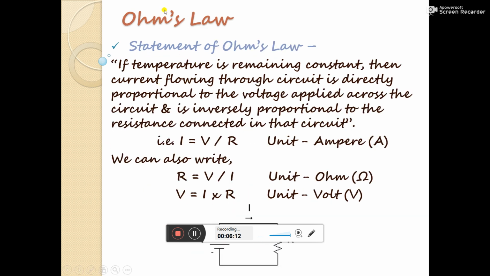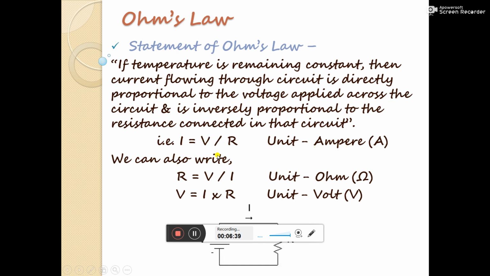Next, we have Ohm's law. The statement of Ohm's law is, if the temperature is remaining constant, then the current flowing through the circuit is directly proportional to the voltage applied across the circuit, and it is inversely proportional to the resistance connected in that circuit. So from Ohm's law, we can write I is equal to V upon R, and I is measured in